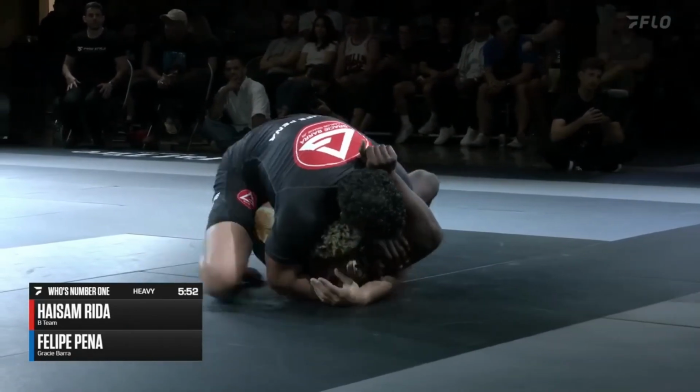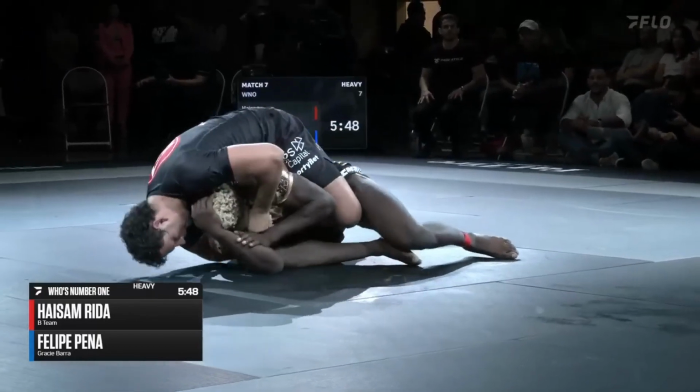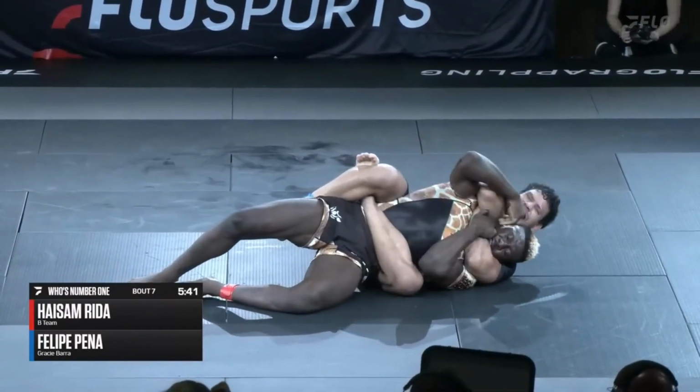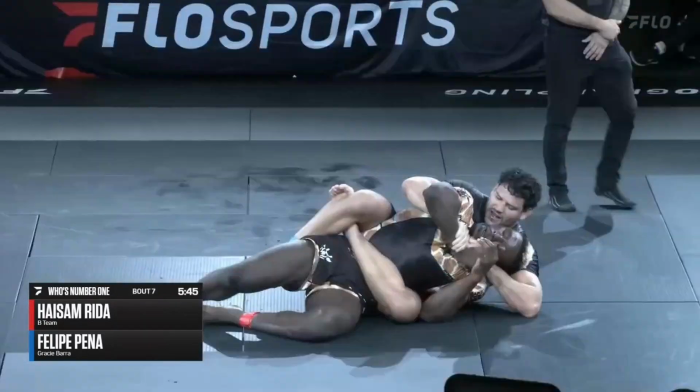And then he does get the elbow across Felipe's center line, which kind of allows him to do this sort of loose chair sit into a back take. Although it didn't look like it was perfectly clean, it was obviously good enough to get to the back take. The last thing I'm going to add is I feel like Haisam could have done a better